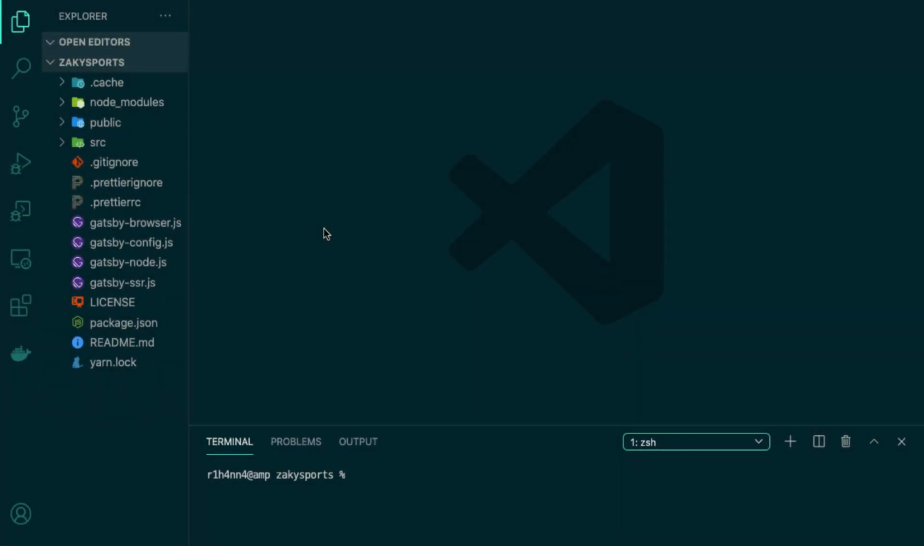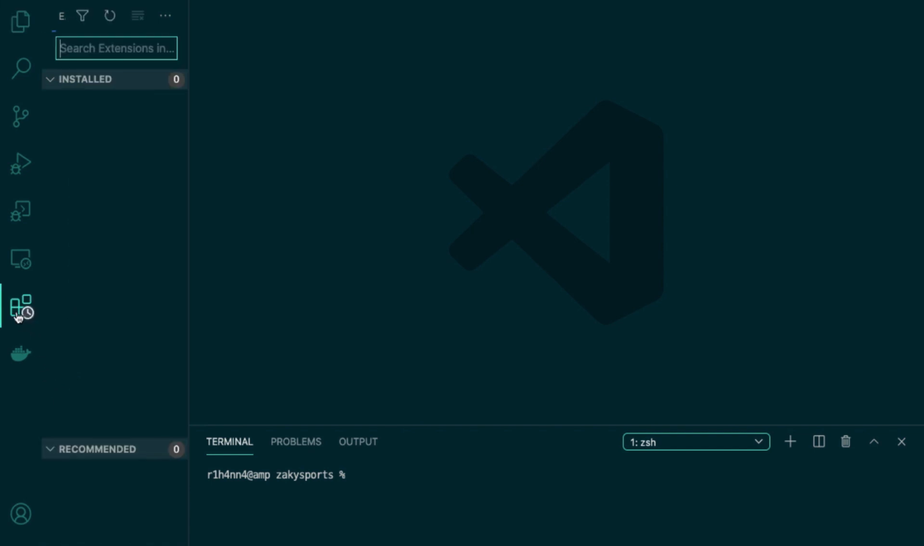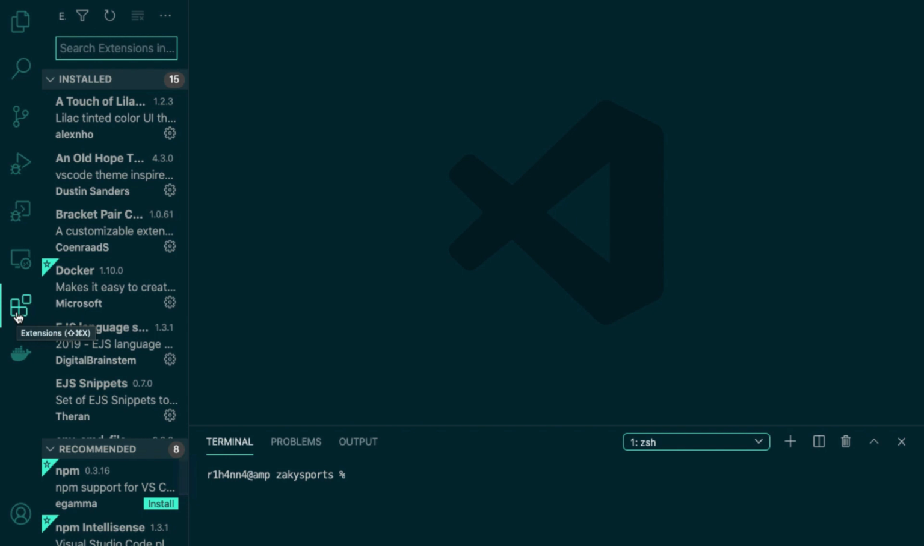Alright, so in the previous video we were able to successfully create a new Gatsby project, and we're able to run that project in our development server. Now before we start talking about the Gatsby environment, there are a few things that I would like to show you. So one thing that's useful in improving your development experience, especially working with JavaScript, React, and Gatsby, is the Prettier